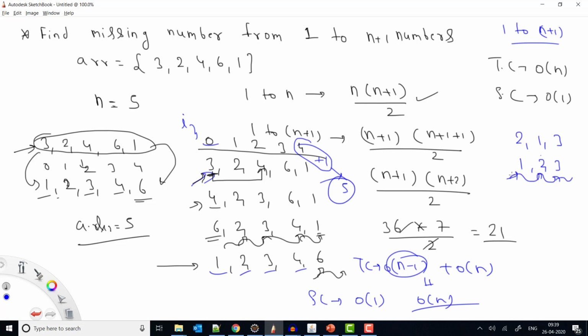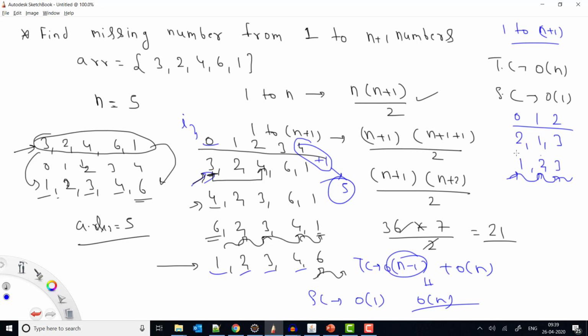So what will happen when I check which value is missing, these are the indexes 0, 1, 2, so 1 is 0 plus 1, 2 is 1 plus 1, and 3 is 2 plus 1, so it means all the values are okay. So in this case at the end I can return -1, meaning all the values are there, right?